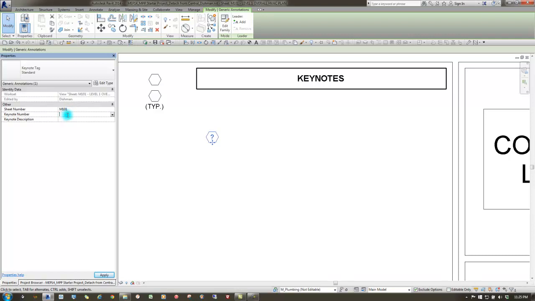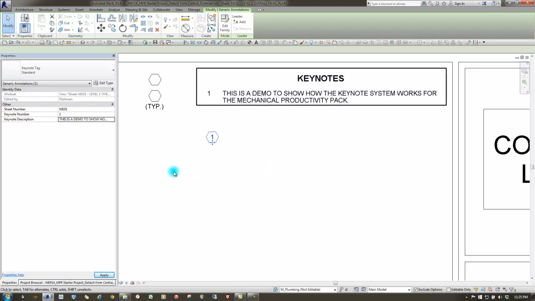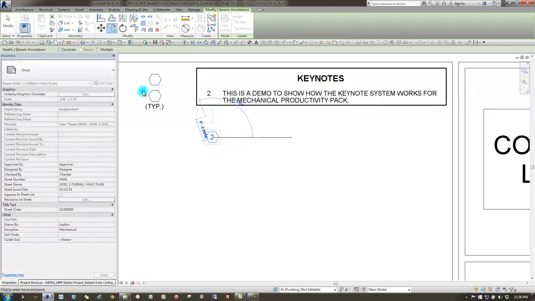We're going to make this keynote number 1, and I have a note here that we're going to use, and as soon as you enter those items, it automatically populates your schedule. You can go into your schedule and change this to a 2, or you could come right here and change this to a 2. The good thing about actually changing it in the schedule is you can have multiple instances of that same note placed throughout your view,